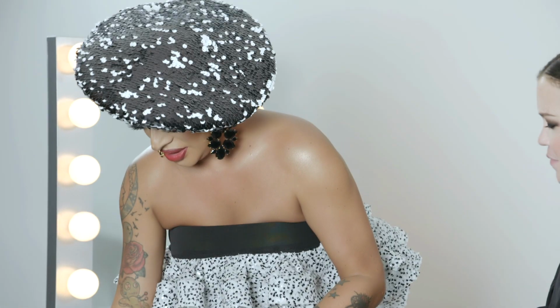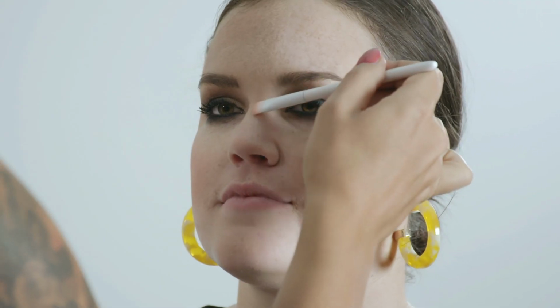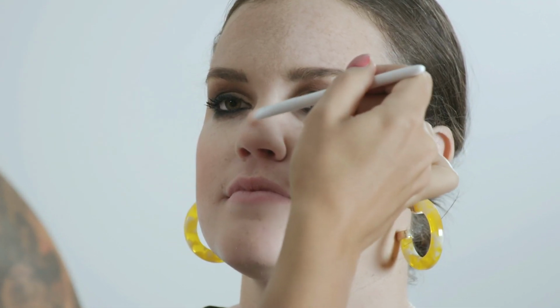I'm gonna take that shade that we used under the brow, go right down the bridge of the nose. What's great about this is it doesn't look like something I've drawn on my face. Just when the light hits it, it grabs it and it gives it a little bit of a glow. A little bit of like, ooh, look who is